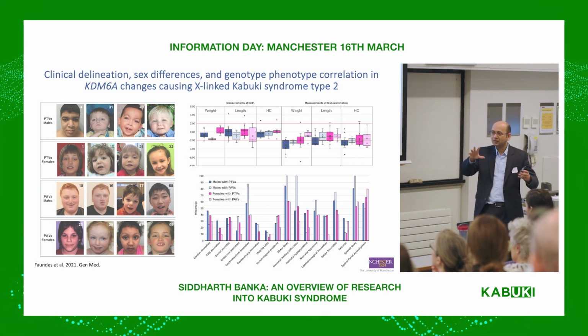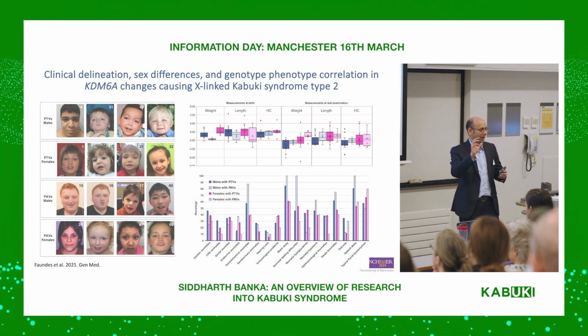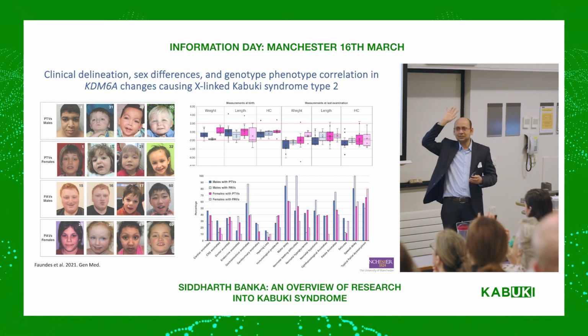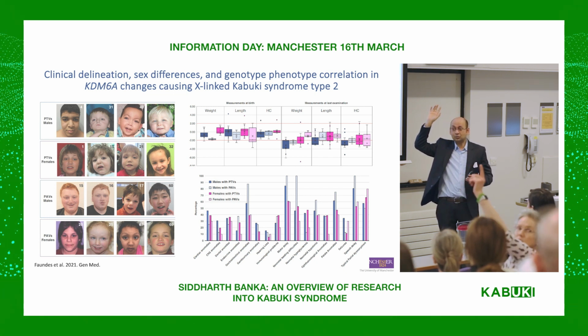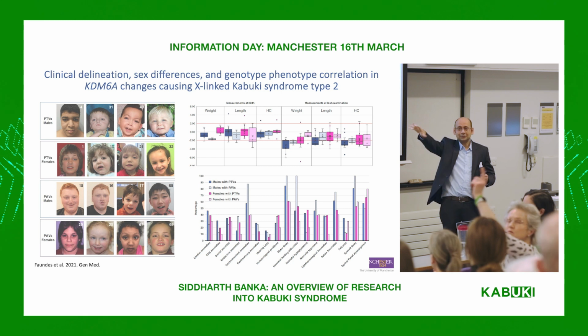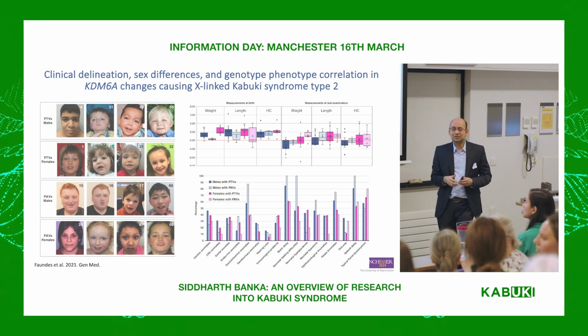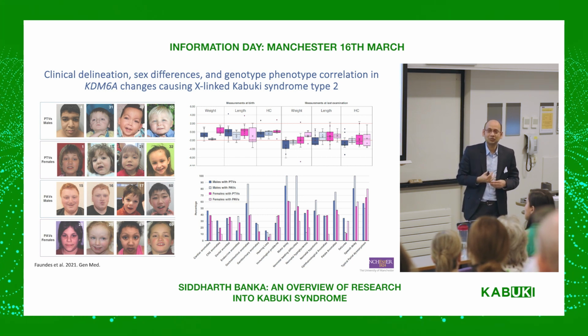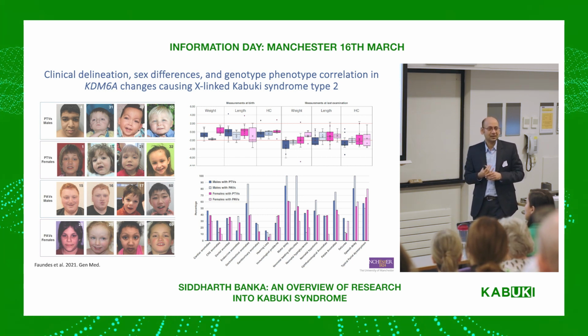And I know that there are a few people who have a family history of X-linked Kabuki syndrome. Can I just ask how many? So quite a few. So probably just a show of hands like this would tell us maybe more than the 5% that's quoted in the literature. It's a very non-scientific poll, but